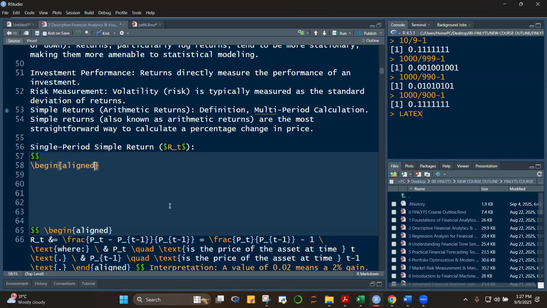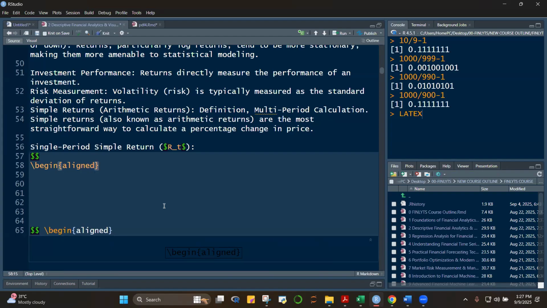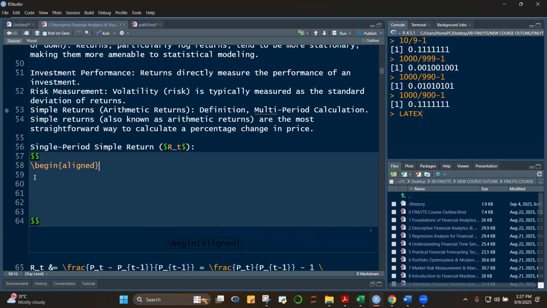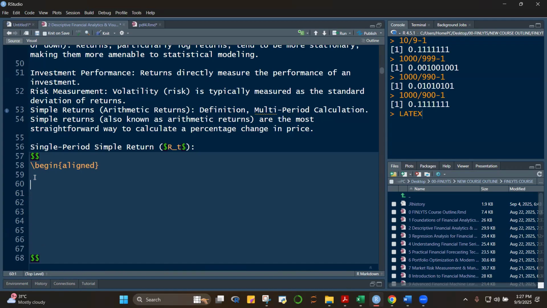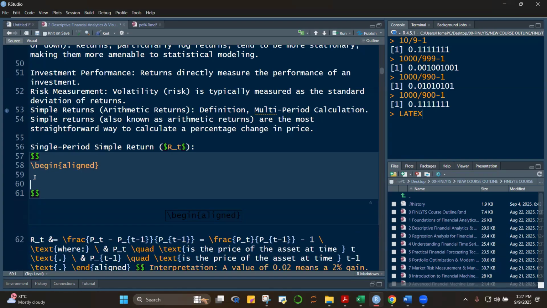This will set the code so that the whole LaTeX should be aligned. And then here, put spaces, enter, enter, enter, okay? Then backslash end aligned,